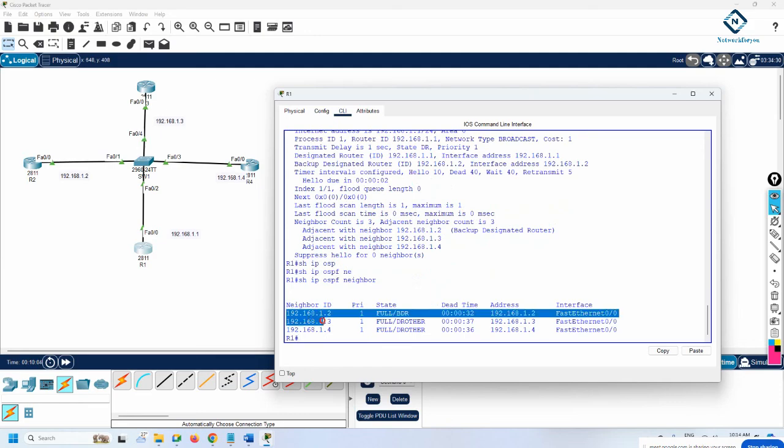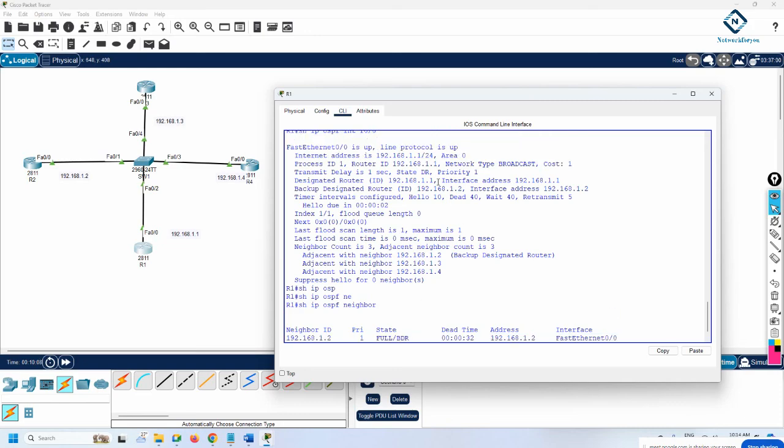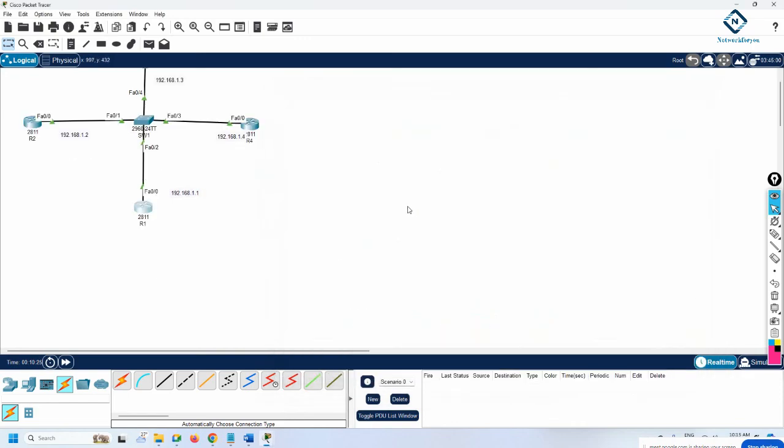So what we can say, neighborship is forming, and we have the DR and BDR, and the hello timer and dead timer are the standard timers that we are getting, hello time is 10 seconds, dead timer is 40 seconds, and this is the network type. So this first thing we verified and successfully did. After that, as we said, if we are using the serial cable, we will have the